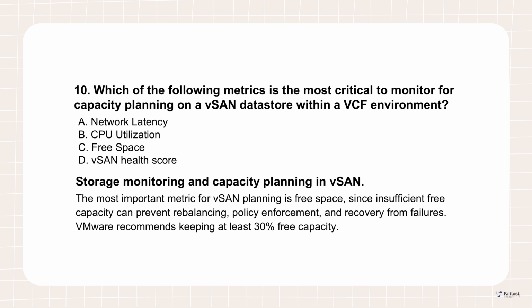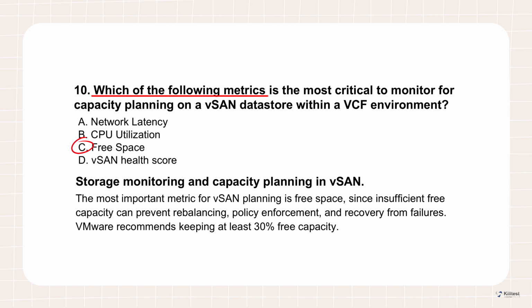When you're planning for growth, making sure you don't run out of space, what's the most critical metric to keep an eye on for a vSAN datastore in VCF? Is it latency, CPU, health score, or just plain old free space? For vSAN capacity planning, it unequivocally boils down to free space. VMware's best practice recommendation is pretty strong on this. Try to keep at least 30% free space available. And that's not just an arbitrary number. That buffer is essential. It allows vSAN to do its internal operations, like rebalancing data as things change, or if